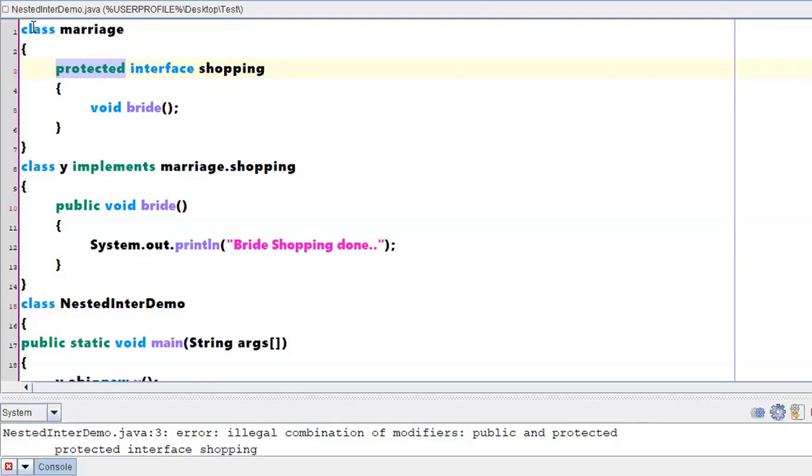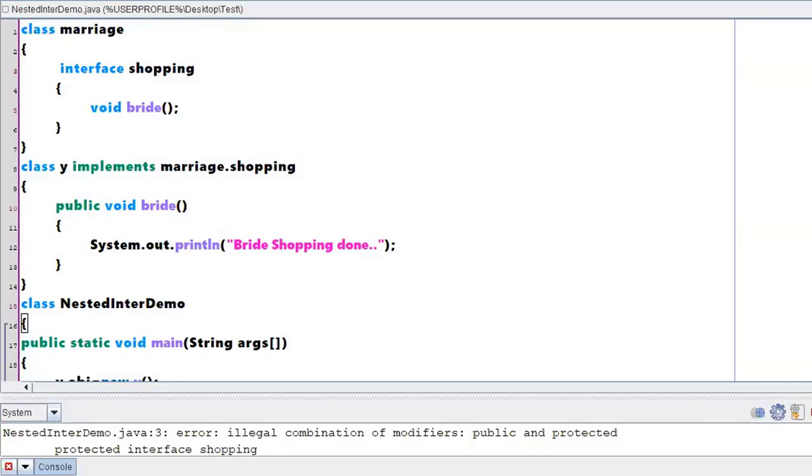Right? And this is not such a complicated point to be remembered. You just remember one thing. In an interface, we have already discussed, everything will be public, right? If you are declaring a method, we said it will be a public and abstract method, right? So in common, whatever you put in an interface will be public, whereas inside a class, that is not the case. If you are writing some class, inside that class everything will not be public. You can apply different access modifiers for the members of the class, right?